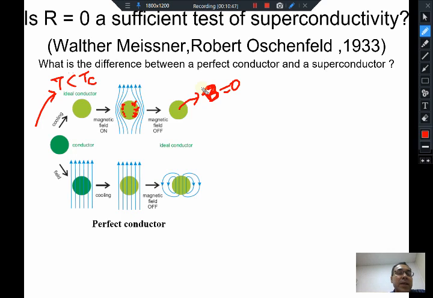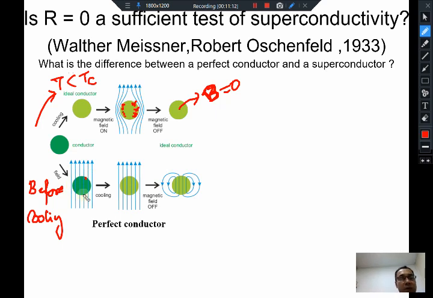However, this same ideal conductor can be made to behave in a slightly different way. You take this conductor and first apply the field before you cool it. So before cooling, you take this simple normal conductor, which has not been cooled below its transition temperature, and you apply a magnetic field to it.